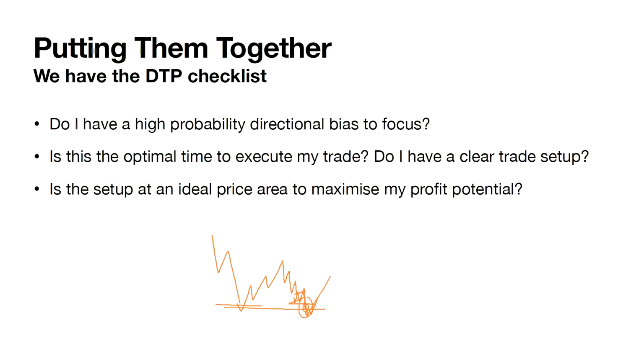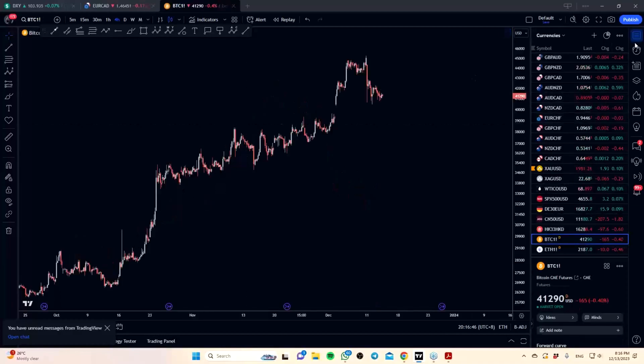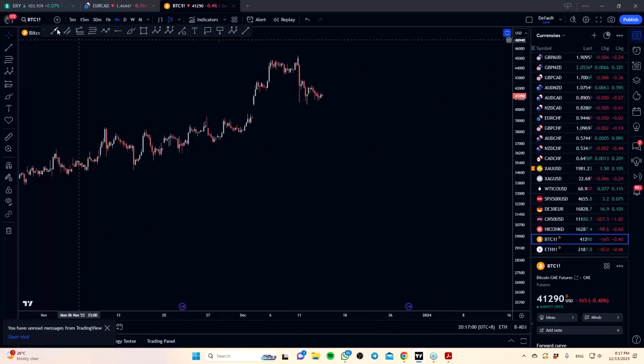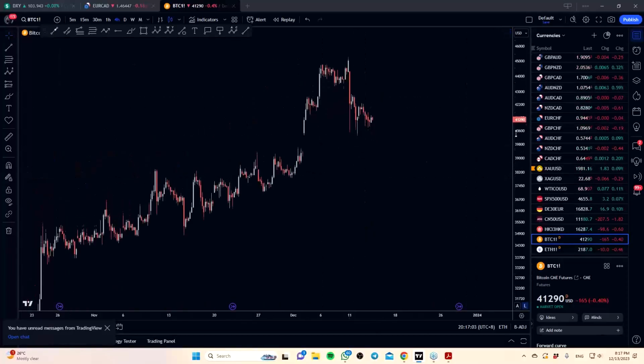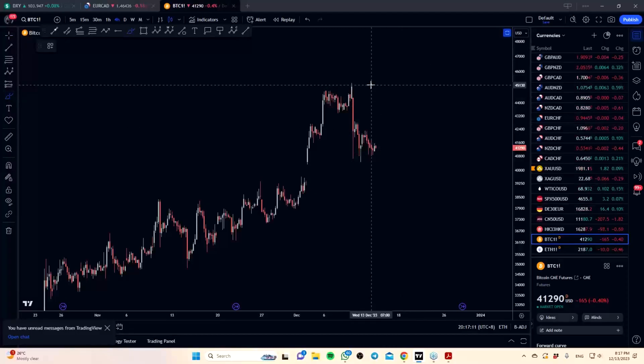Okay, Victor here asks, do you think Bitcoin is showing a continuation pattern with a potential break to the upside? Let's see quickly on Bitcoin. For me, I'm using the Bitcoin futures chart, simply because I think futures is the centralized data feed. If we look at Bitcoin on various exchanges, the price feed can be quite different, so I standardize my analysis of Bitcoin by looking at the futures chart. Now, I will look at the H4. If you ask me my take on the H4, I would say short-term downside, longer-term upside.